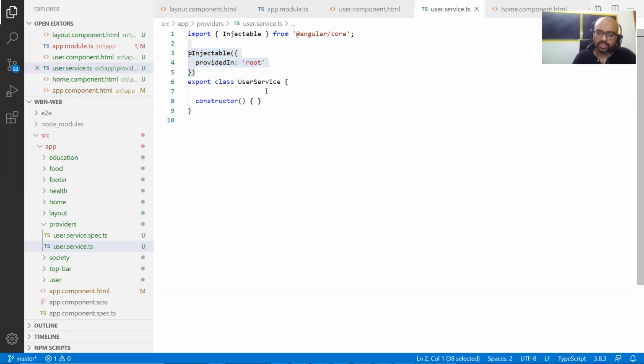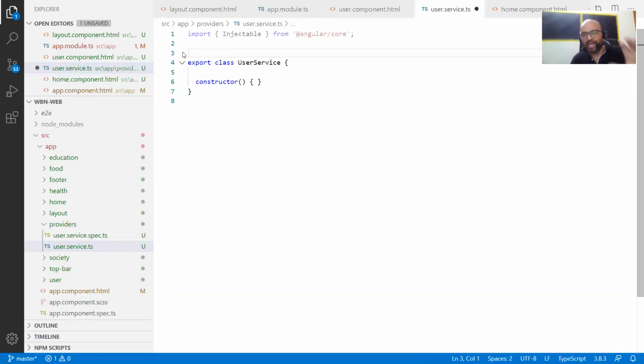So now what is the next thing? Okay, so now service got created. Sir, can you repeat the step once more? I did not understand. Which one? Okay, the same thing, right? Injectable. So I'm saying, if you remove this decorator, this injectable is nothing but a decorator. As I said, 99.9% of your TS files are nothing but class files.